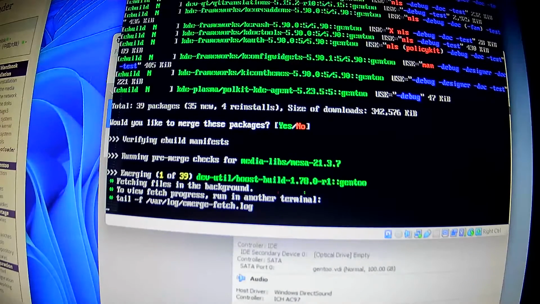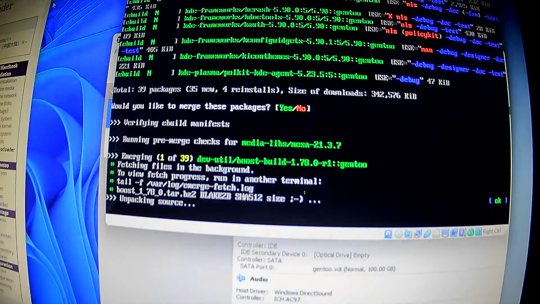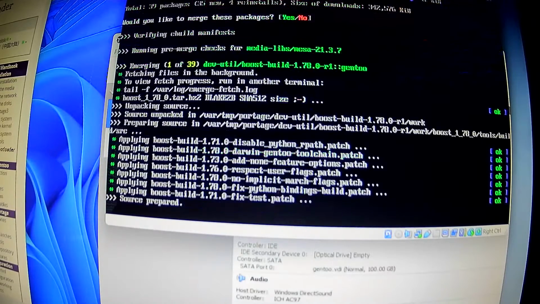And plus, you want extra files, extra things that will allow it to work. Okay, so I'm going to let this run,